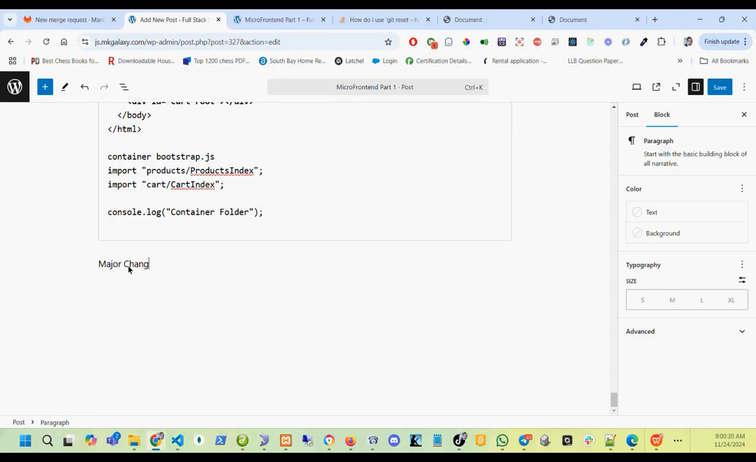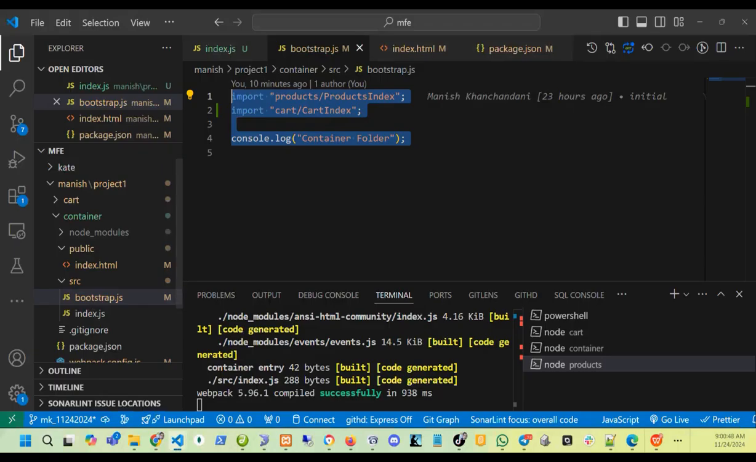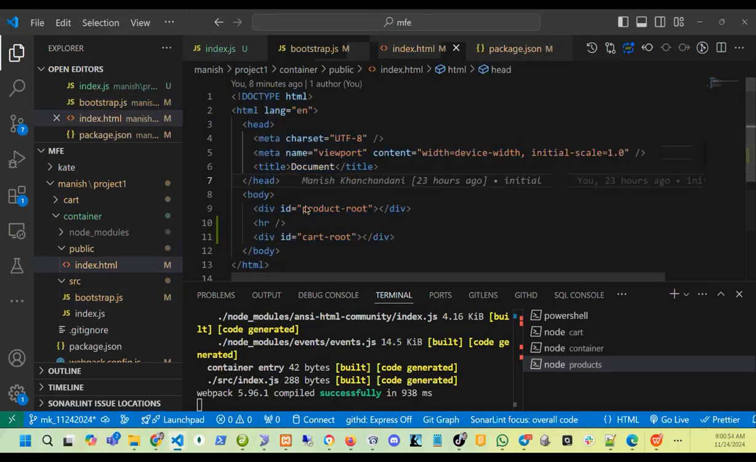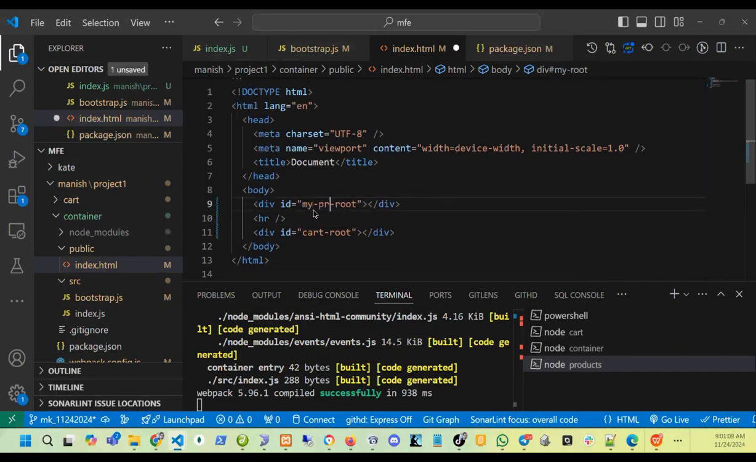Okay, so now we'll do some major changes in the Bootstrap file. Remember this major change in the Bootstrap file, which is very important, and we have to do it. If you see in this index.html, in the container I have to call the product root and cart root to make it work. What if this team is different, and they created IDs like my product root and my cart root,